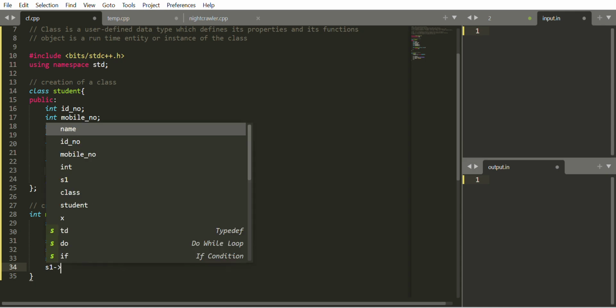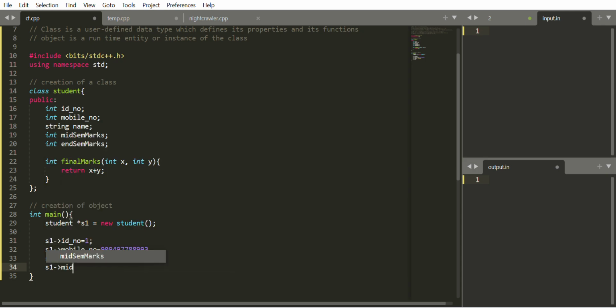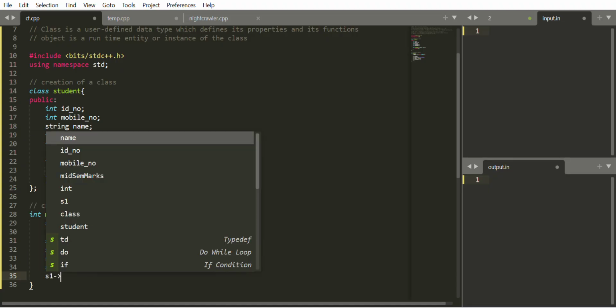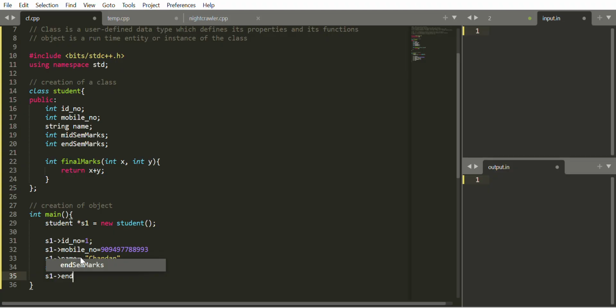Then I will pass the midsem marks. So it's like 20 out of 30, and I will again pass endsem marks. So it's like, let's say, 70 out of 80, 50 out of 70. Okay,